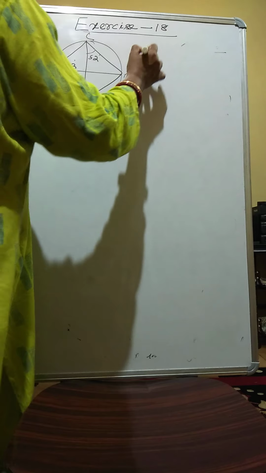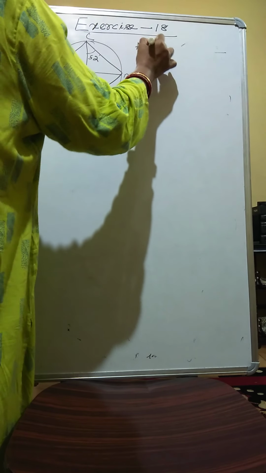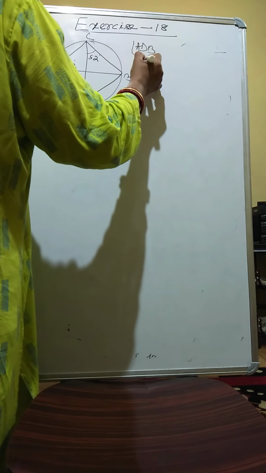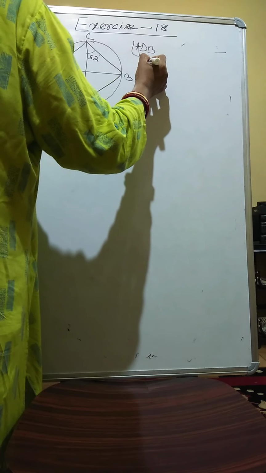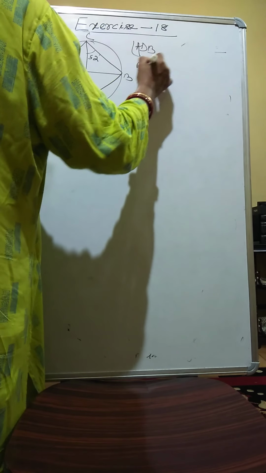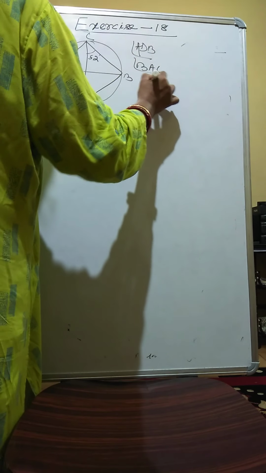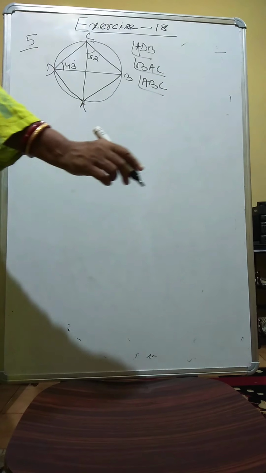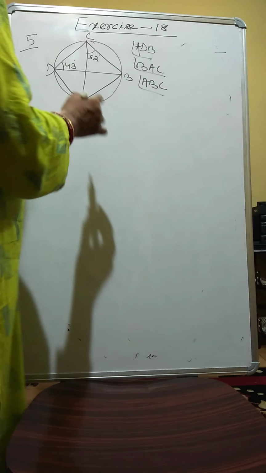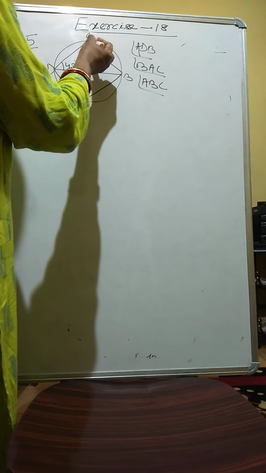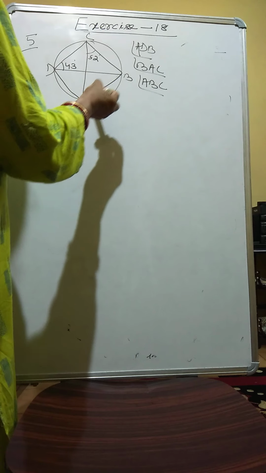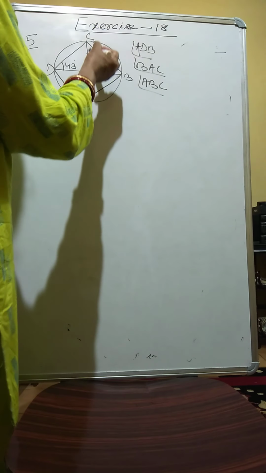Now we have to find out ADB, second part BAC, third part ABC. Now see children, I will see that AB is the chord,